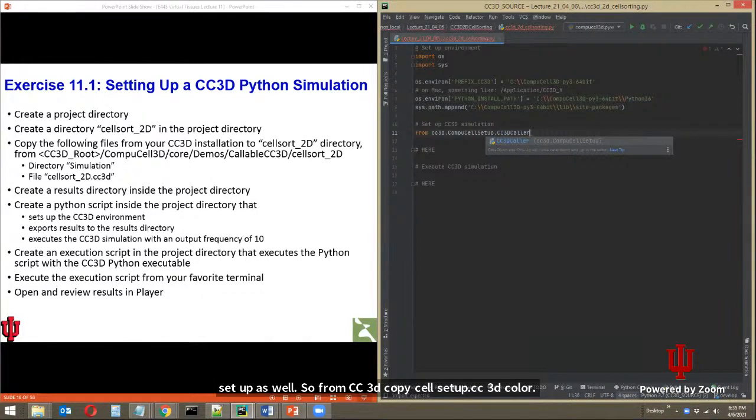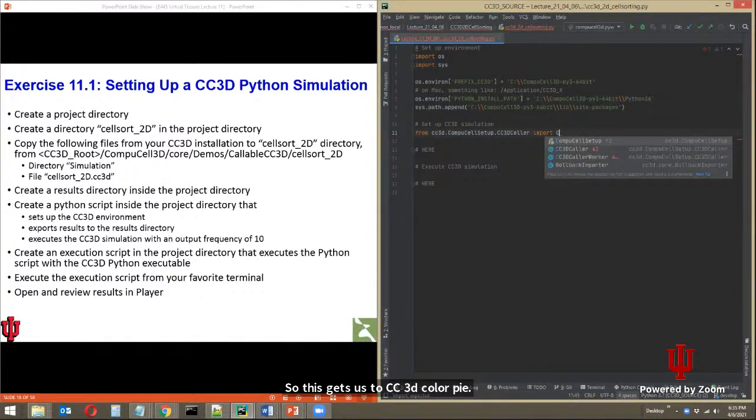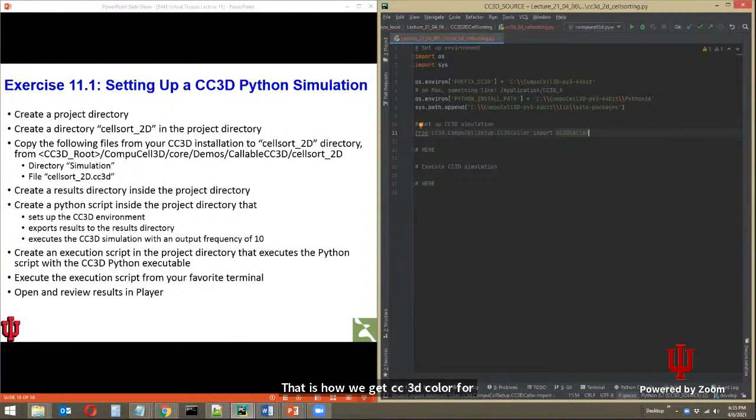So this gets us to cc3d caller.py, and we can say import cc3d caller. That is how we get CC3D caller from CompuCell. Okay, so now let's do a little setup to actually give CC3D caller our CC3D file path, as well